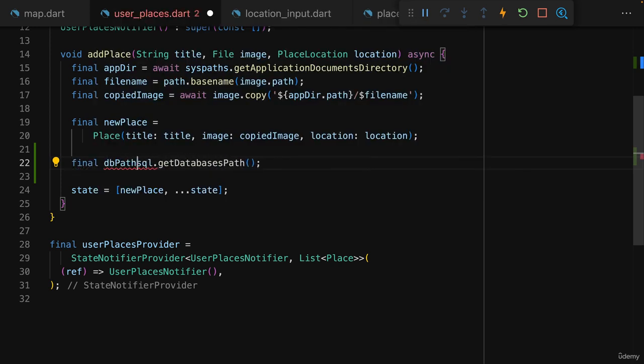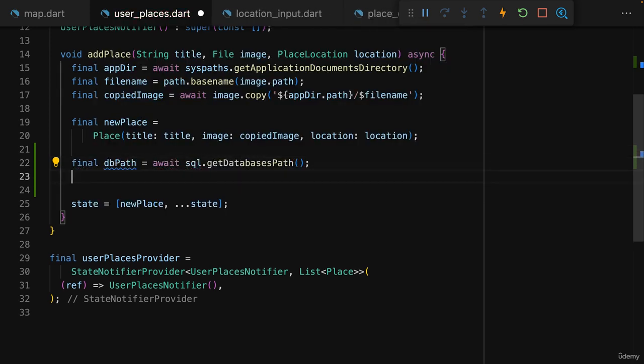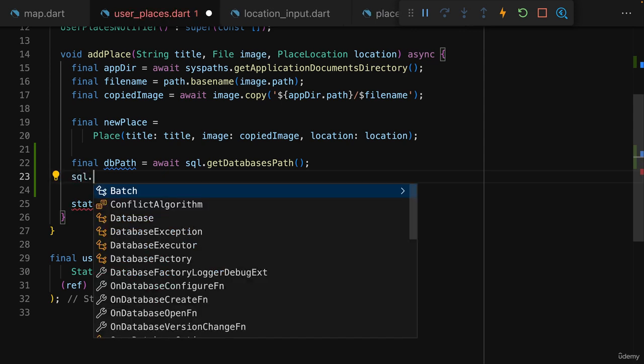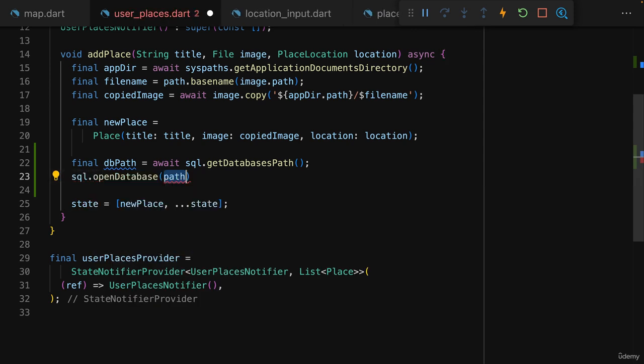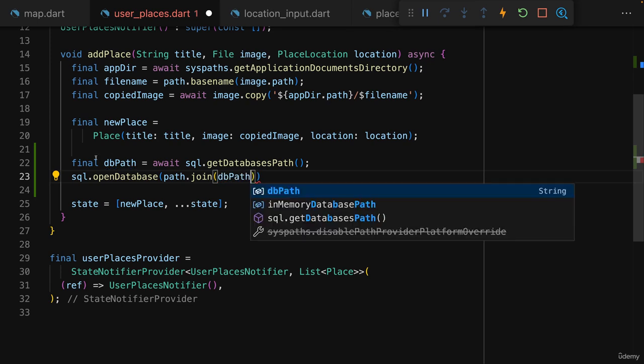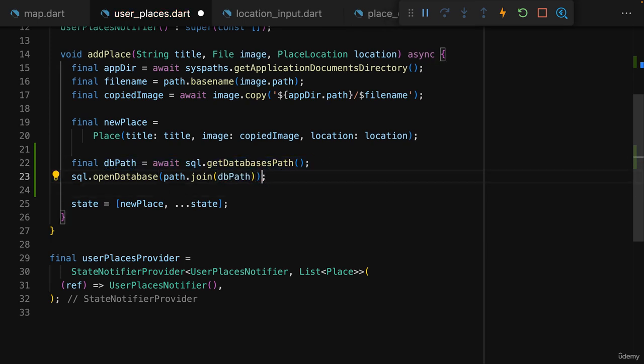So here we'll get the DB path, and we can await this, of course. And once we get that path, we should execute SQL open database to open a database in a given path. And now it's not this path, but instead a path we have to create with help of this path package. Because this package gives us a join method, which can be used to construct a path. And here we want to join this DB path, so this path we got here, with any database name of